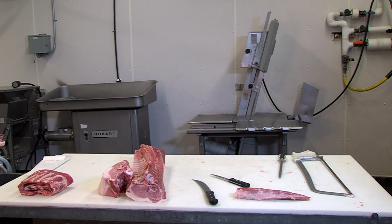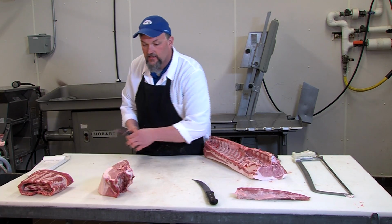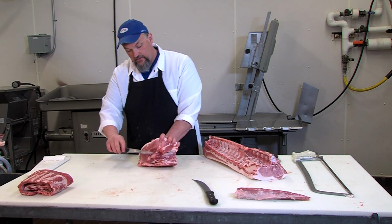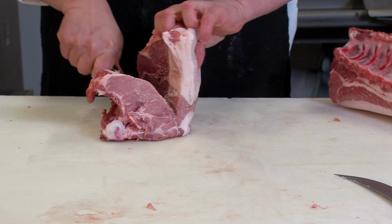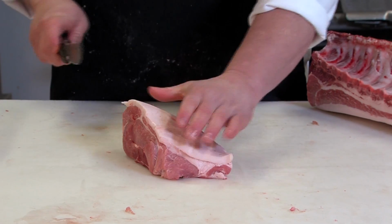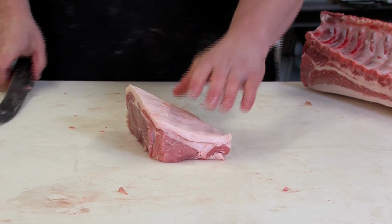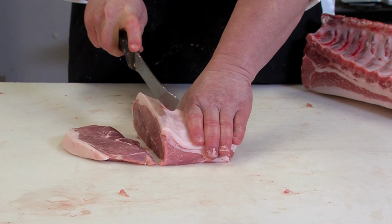A lot of meat cutters have challenges of removing that cut, and over the years I learned that from a professor of mine that showed me that, and it's always come in handy to removing that sirloin. And then now basically we can make a boneless sirloin, just like so. And take our knife, once again I'm going to face it up just to make things nice and flat. And however thick you want it. We like things around here around 3/4 of an inch to an inch for